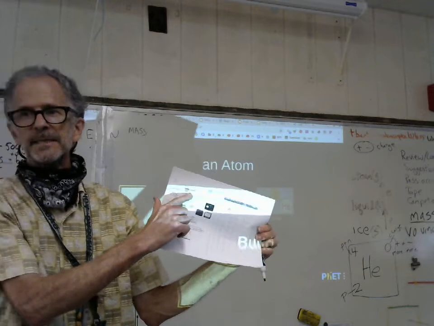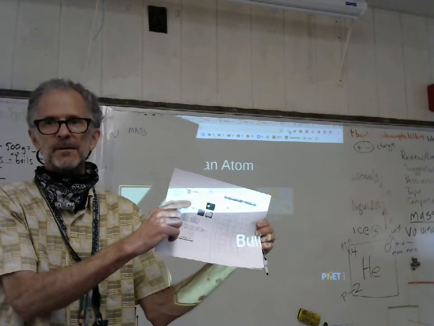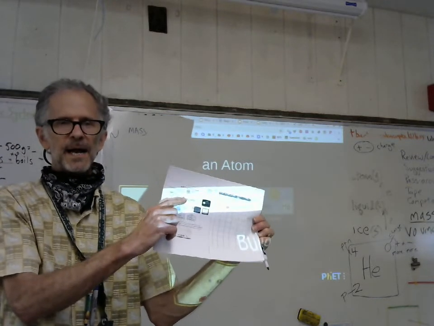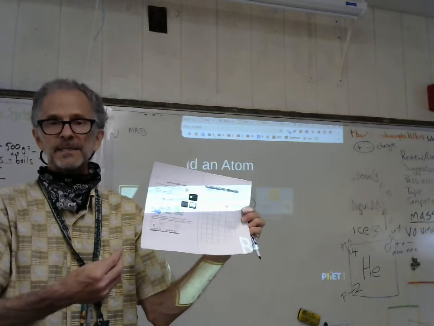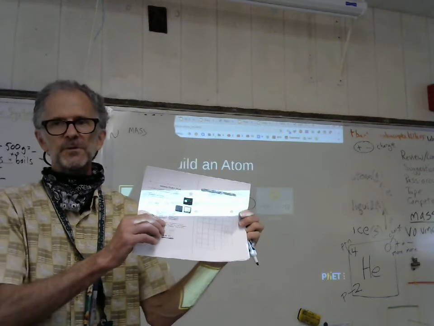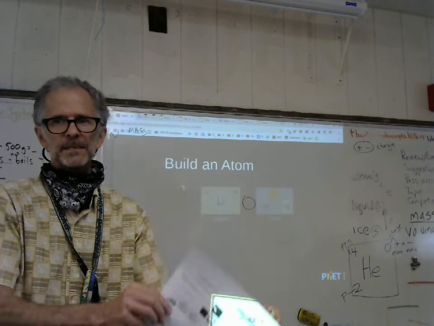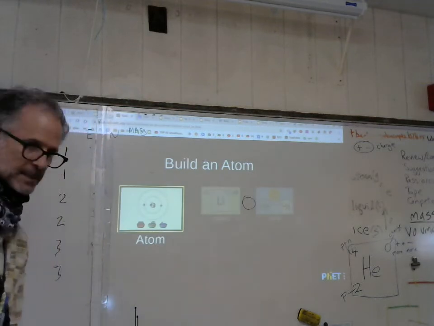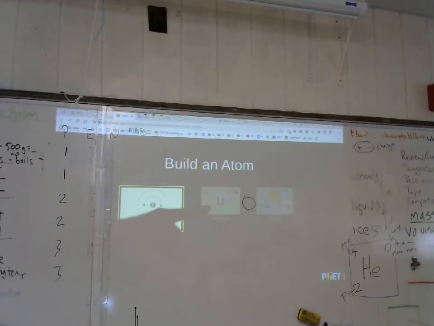You're going to see how to build stable atoms, and unstable atoms too. But the most important thing is I want you to build two kinds of hydrogen and each element up to 10 different isotopes. That means different numbers of neutrons for each element. Sound hard? It's not. But I'm going to show you how to do it. So click on symbol, this middle one here,